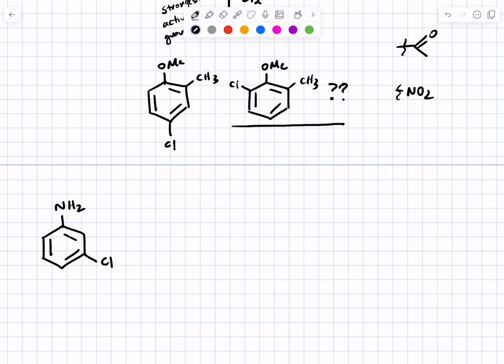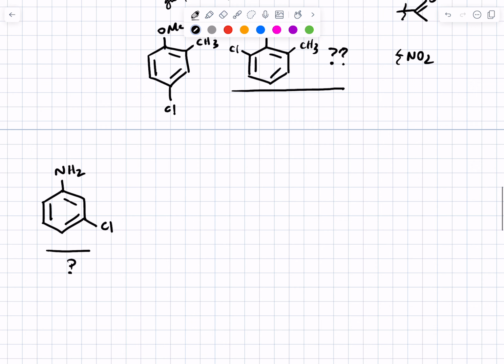We're going to actually come back to how you would make this one in the first place, because it's kind of fun. But if you have two groups that are already meta to each other, your text tells you you can't put something between two groups that are already meta to each other. The reason for that is sterics. So if we were going to do a subsequent reaction, I have to pick this carefully. Maybe let's just do the sulfonation reaction.